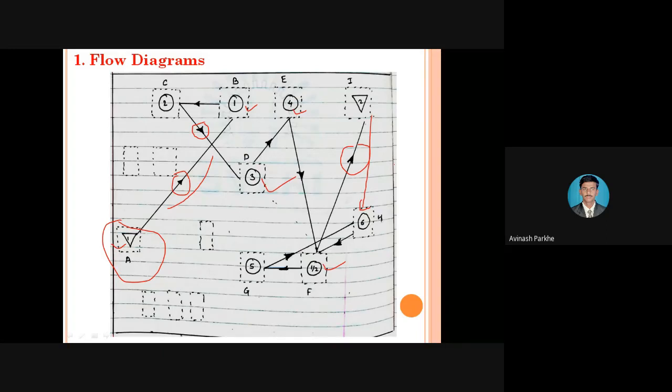But in order to identify the maximum distance traveled by that particular job, or in order to identify some disturbances, or the backtracking of that product, we have to implement this recording technique, this flow diagram, in the industry. After implementation you will get the data, and then we can go for the modification. Direct modification will not be possible.